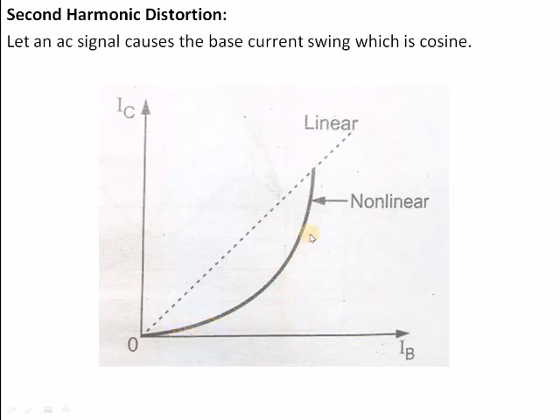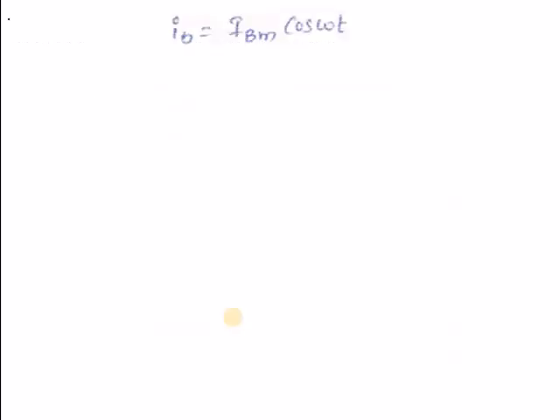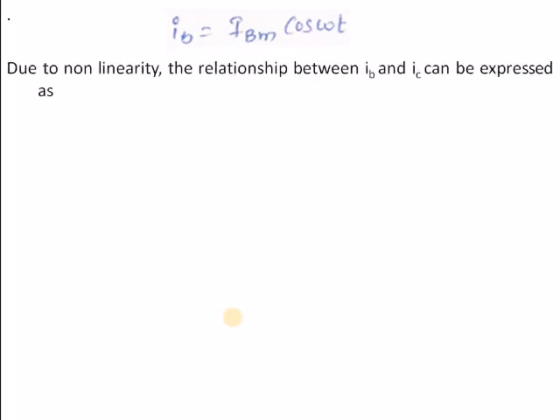Because of this non-linearity in nature, we are getting harmonic distortion. Let an AC input signal cause the base current swing, which is cosine in nature. The equation for the base current is IB equal to IBM cos omega t, where IBM is the maximum base current or a DC component. Due to the non-linearity, the relationship between IB and IC can be expressed as IC is equal to G1 IB